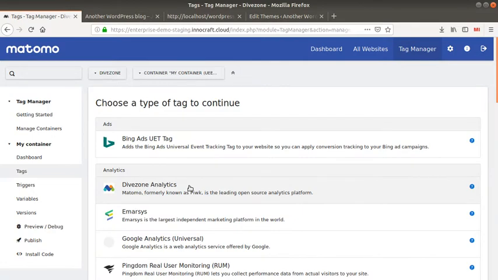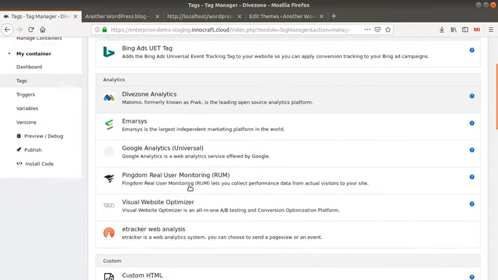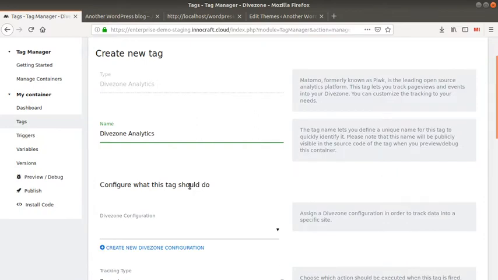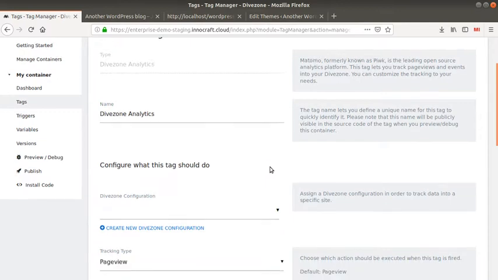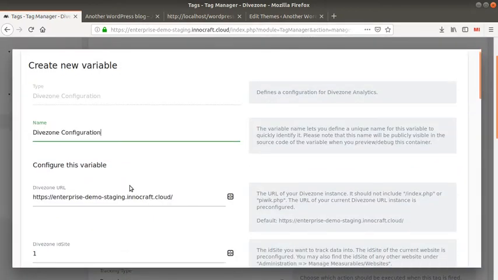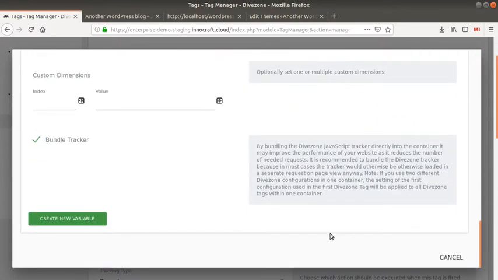As you can see here, there are many different tags that you can pick up. In my case, I'm going to use a Matomo tag, so that's why I'm clicking on this one. Then I'm going to select which website I would like to send the data to, so that's where I need to click here on the Matomo configuration. In my case, I need to send it to the site which has ID site number 6, because it represents the website to which I would like to send the data.